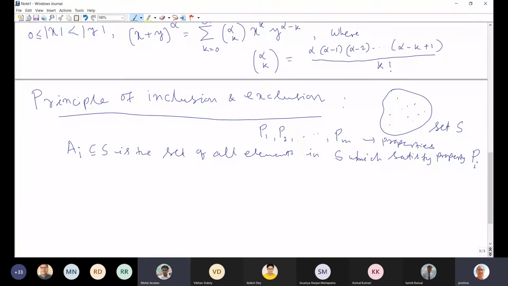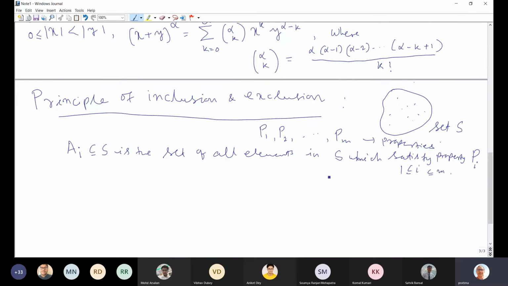Hello, ma'am. How are you defining set S? Like set S, each element of set S has all the properties P1, P2, Pm, all the properties? No, not all. P1, P2, Pm are some properties defined on this set S. Defined on the set S means each element will satisfy, no? I'm in doubt about that. Like each element will satisfy all these 1 to m properties. Here i is from 1 to m. That's what I want to write.